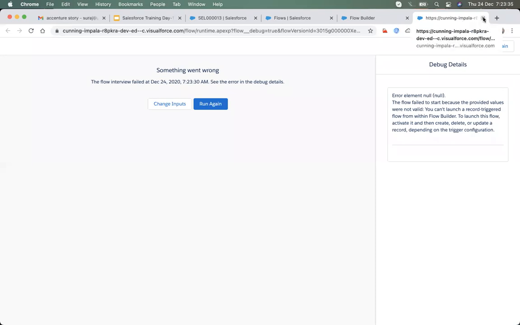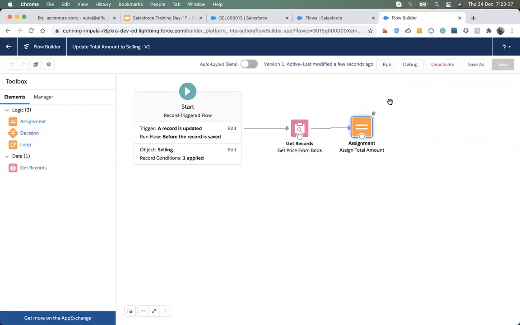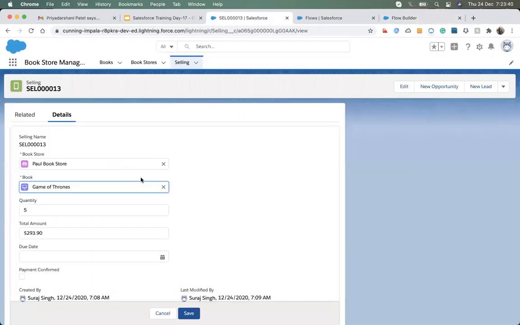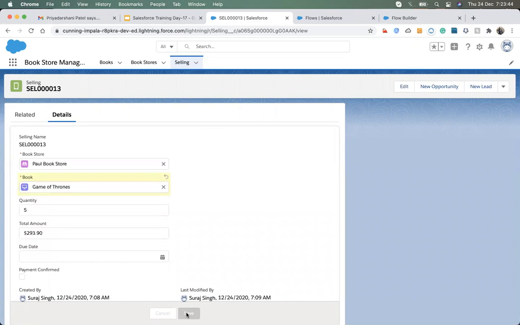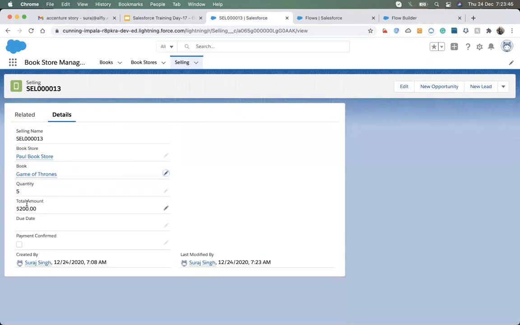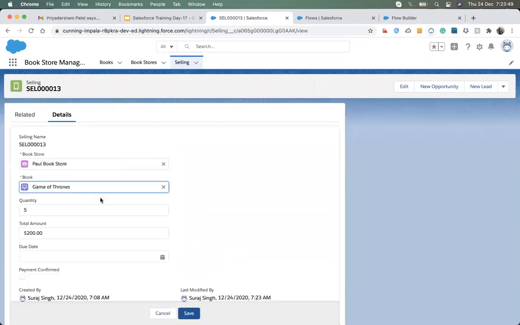Sorry, it's not a debug, let's do activate. Just leave it activated. So I'm just going to make changes up here, and you can see the amount gets calculated whenever I make changes.